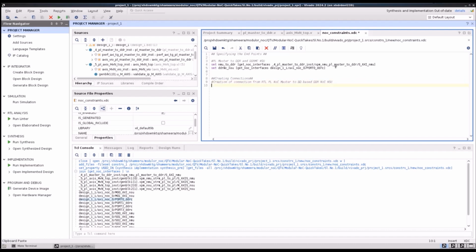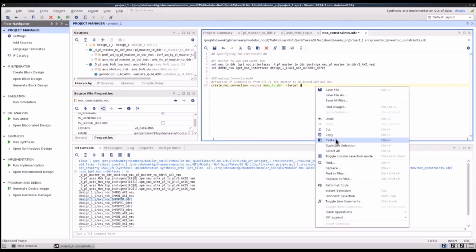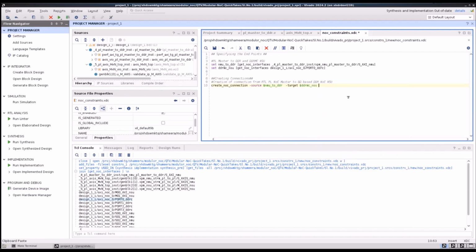Next, use the create NOC connection command with the source as NMU to DDR, target it to DDRMC NSU, and define it to the variable con0.